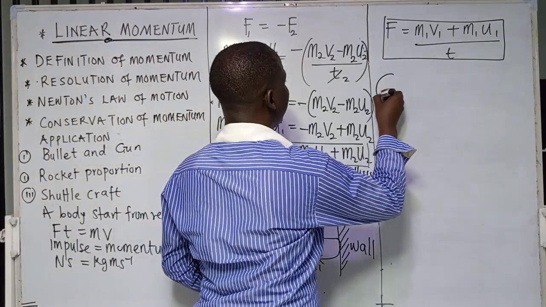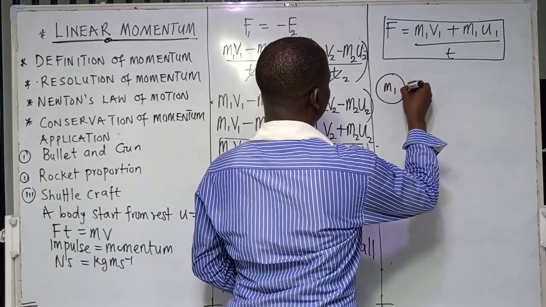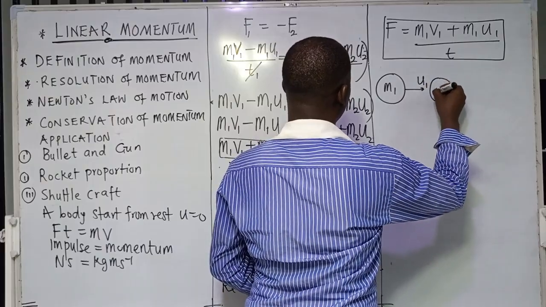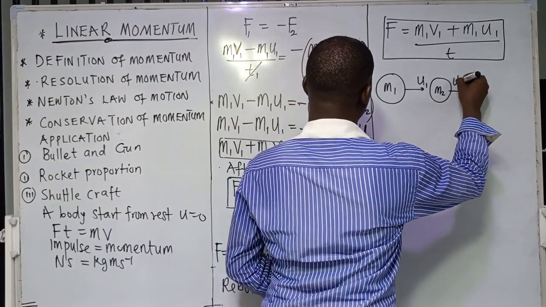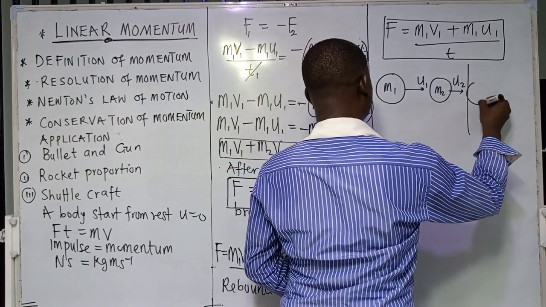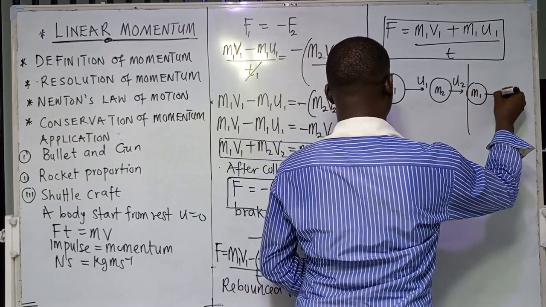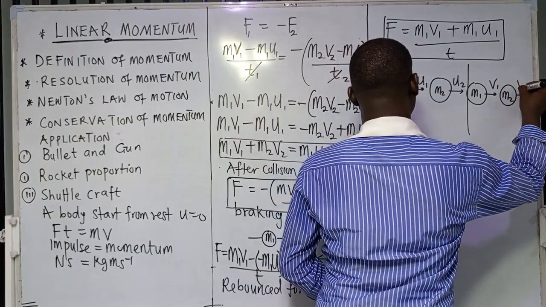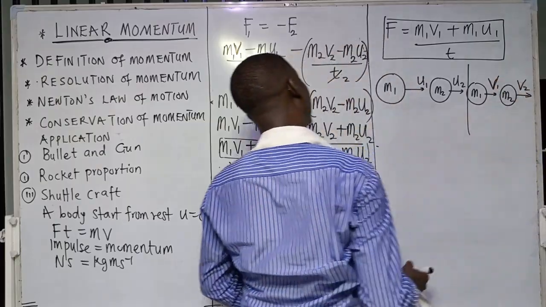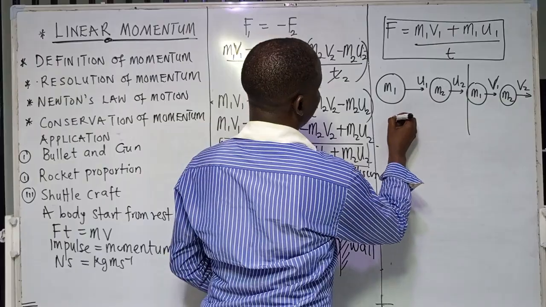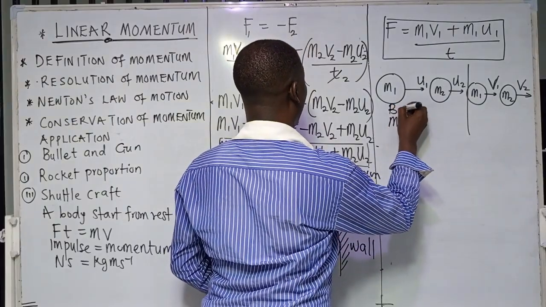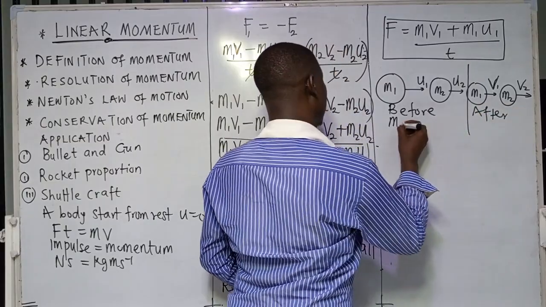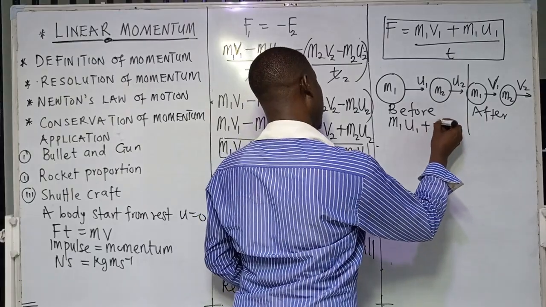That means if I have M1 moving with velocity U1 and M2 with velocity U2, after collision, M1 moves with velocity V1 and M2 moves with velocity V2. Now what we are saying is that the total momentum before collision, and this is after, before collision is M1U1 plus